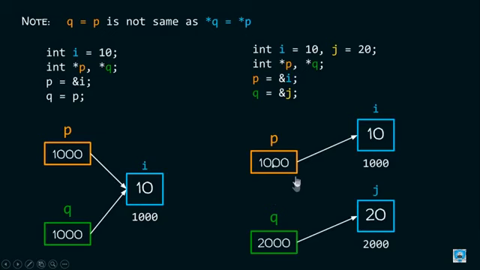This p holds 1000 and q holds 2000. So we can use multiple pointers for some critical programming also.